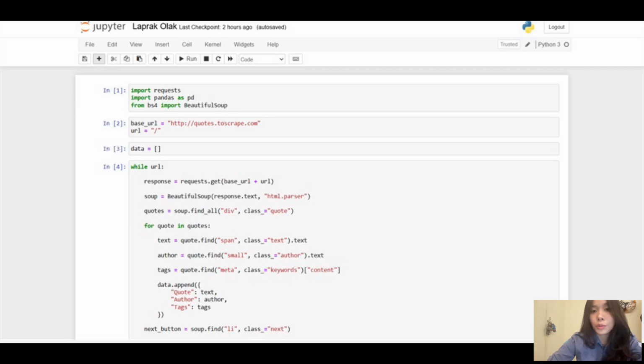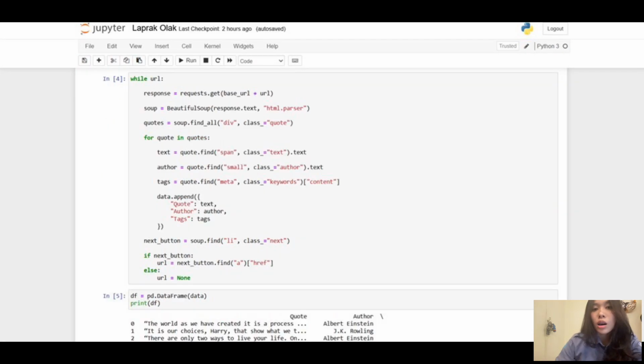One important feature implemented in this program was pagination. Pagination allows the program to automatically move from one page to another until all quotes from the website were successfully collected. Because of this feature, the scraping process became more efficient and capable of collecting large amounts of data automatically.